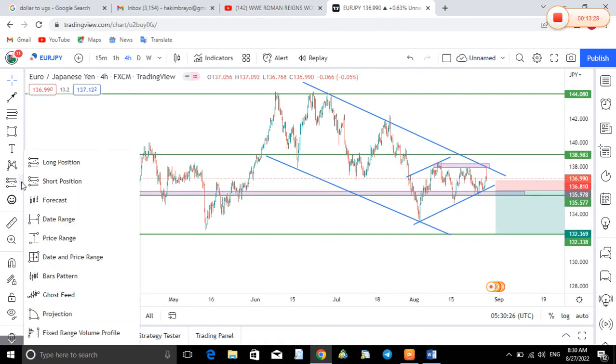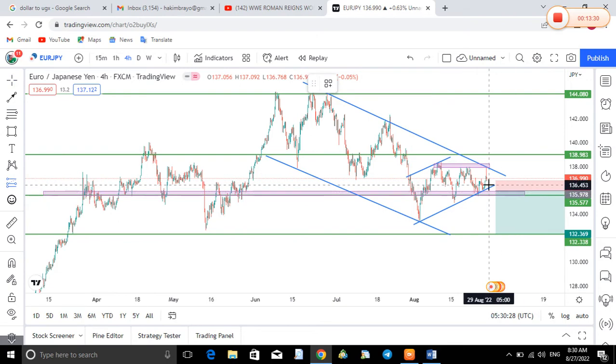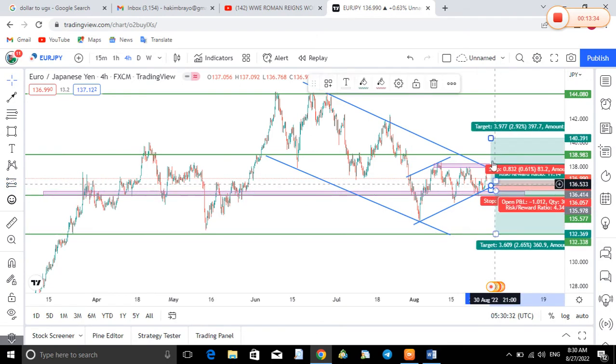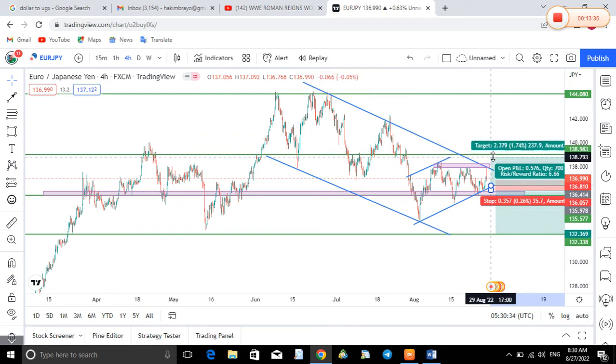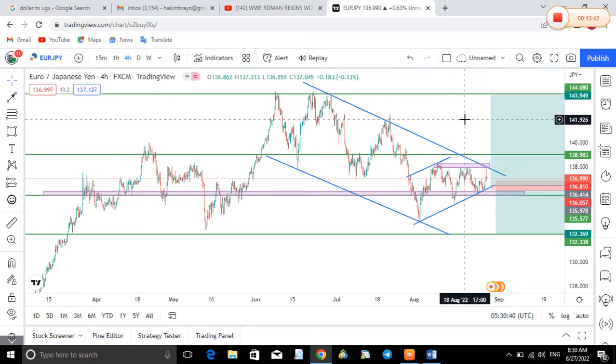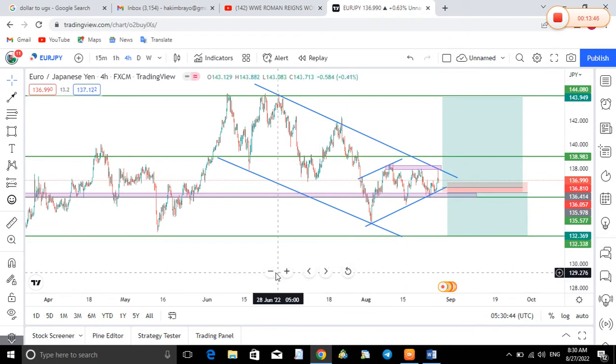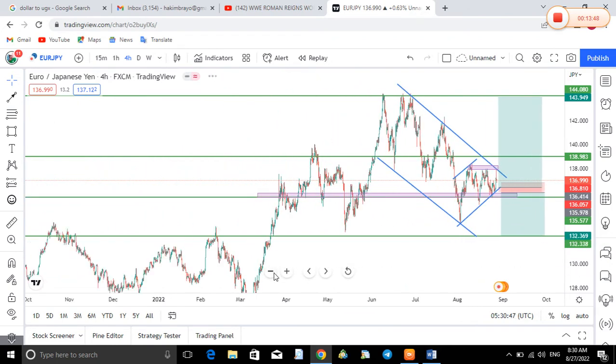It can be a candlestick pattern or bounce or rejection. Place your buy stop. After placing your buy stop, this can be your first TP for this bullish flag. This can be your second TP. Now all you have to do is wait for the confirmation to see where the price is exactly going to